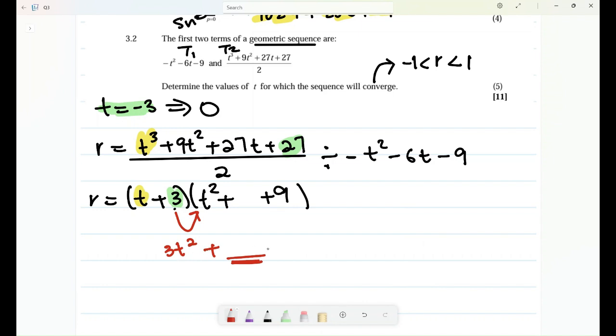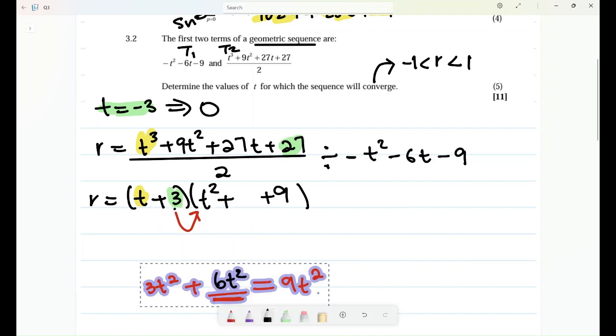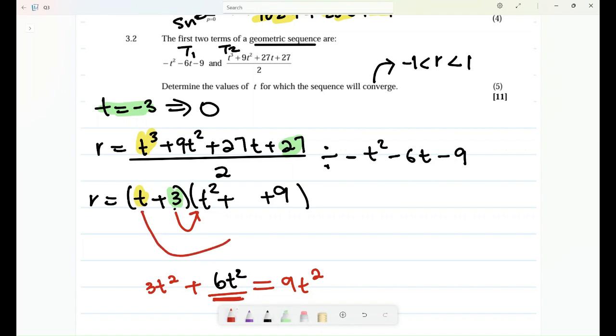3t squared plus what should give me 90 squared. We all agree that it should be 60 squared, right? So if that's the case, I'm gonna do this. All right, what should I multiply this t with here so that it gives me how much? It gives me